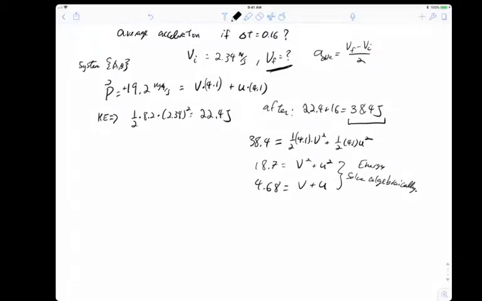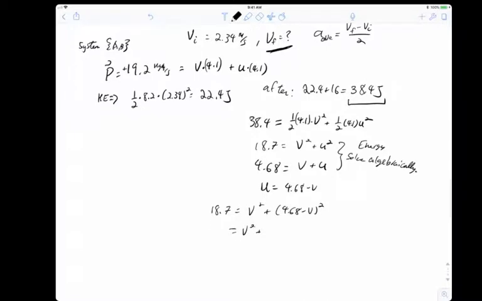So, I don't know, let's use substitution. I like writing u. So u is equal to 4.68 minus v. So that's 18.7 is equal to v squared plus 4.68 minus v all squared, which is, oh man, I've been